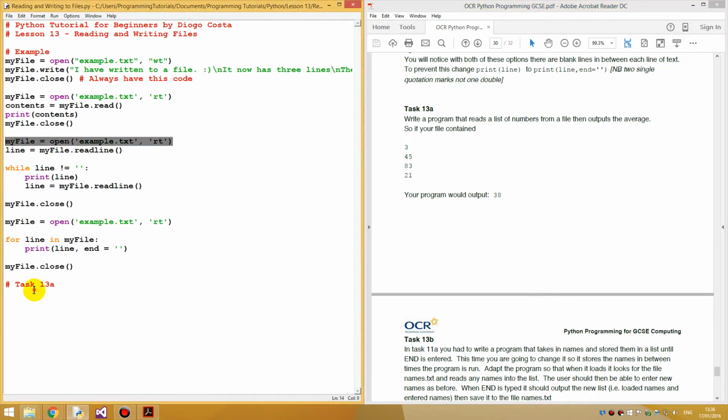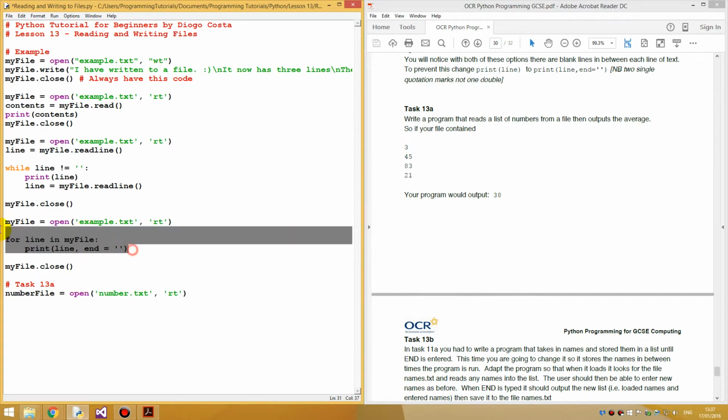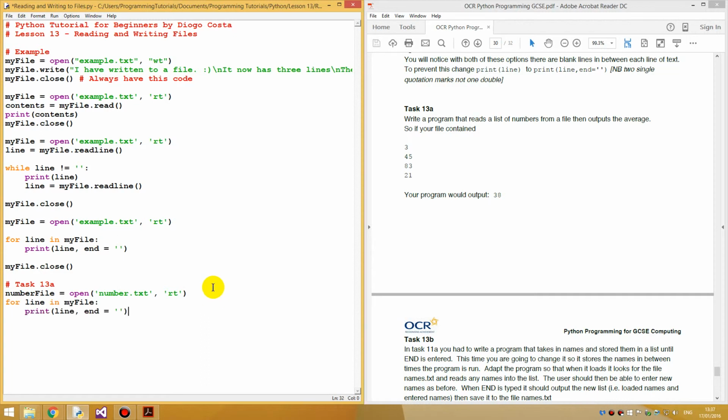Let's get this here. It's going to be called number file. And sure, we can use the RT. You can just use R actually as well. But we'll just copy what is written over here. And we want to go line by line. So let's do this here. For line. Of course, we don't need this end because there's the \n. So for line in number file, we'll do